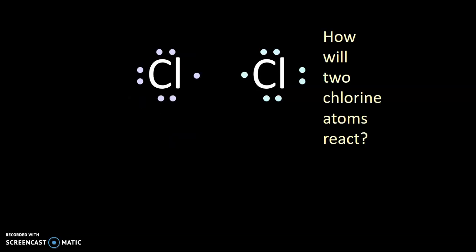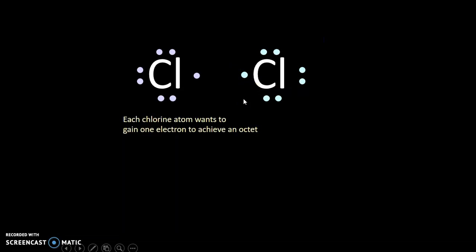So if we look at chlorine, this is just showing you the outer shell electrons. Chlorine has 7 electrons in its outer shell. So if we have two chlorine atoms, each one has 7 electrons in its outer shell. That means there is a space in each of these outer shells to be filled. Now, chlorine will not lose electrons to each other. That might achieve a full outer shell for one of them, but it does nothing for the other one. And chlorine is electronegative, so it will not do that. So what happens is,